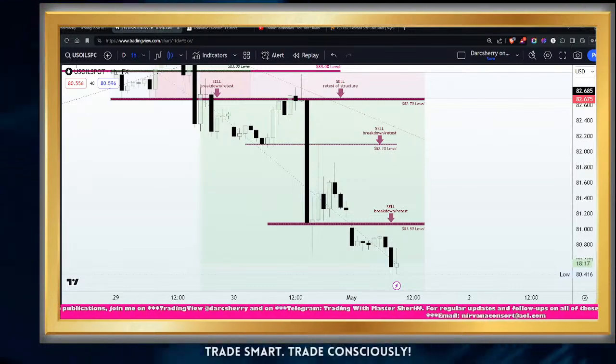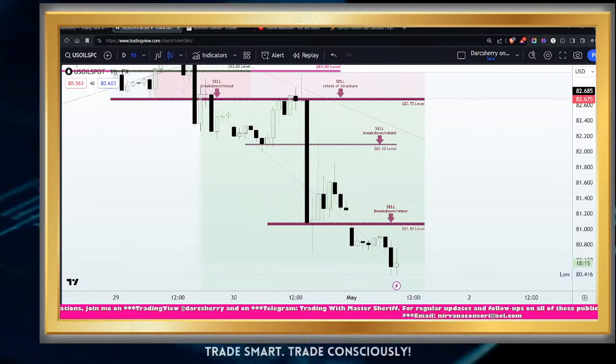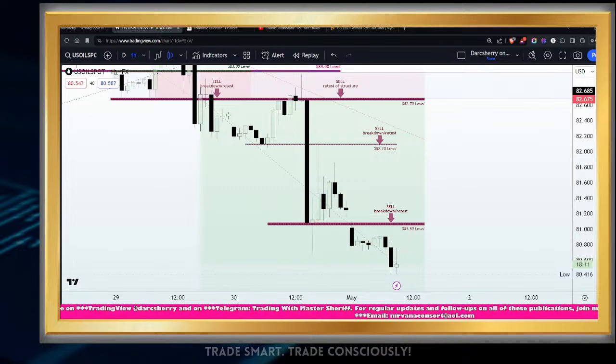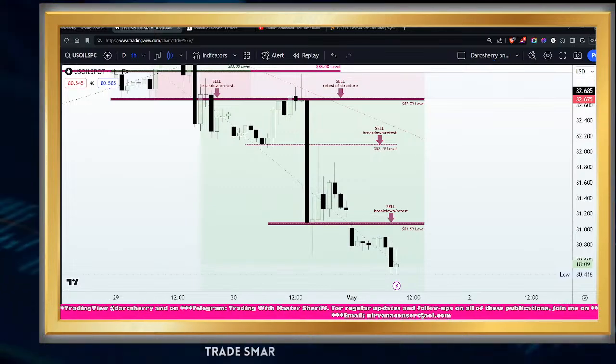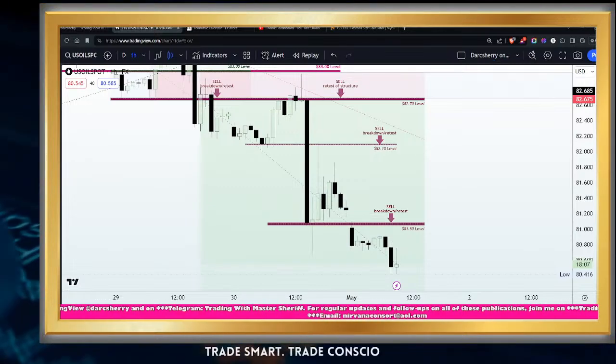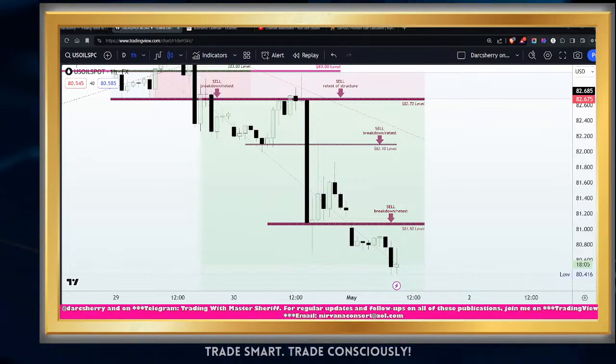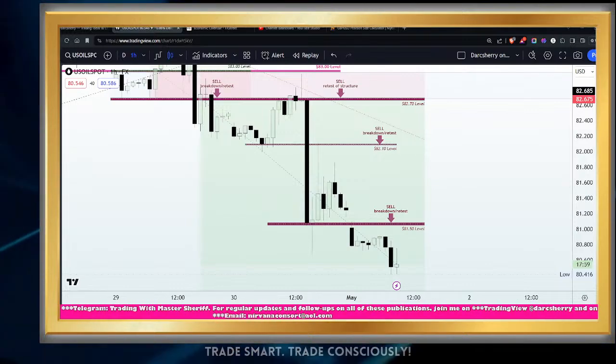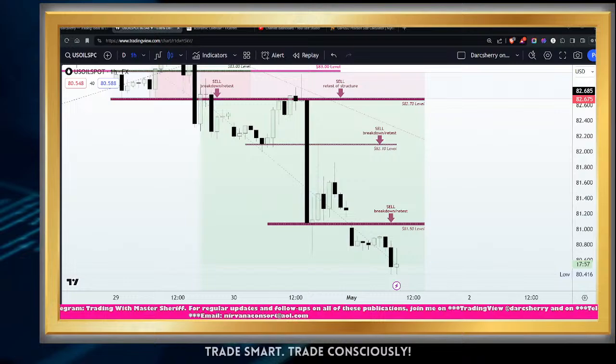So we are going to keep that option also open. We are going to also consider the buying potentials in this particular market. As it is right now, the path of least resistance is still looking bearish. However, we will still be looking forward to the EIA report, which is coming up, I think today or tomorrow, that will also give further insight into the